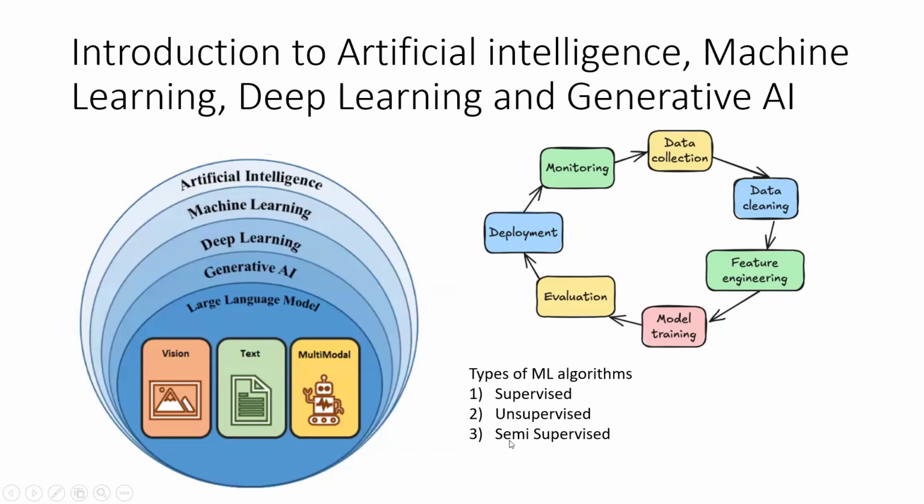All the problems that we can solve using artificial intelligence are divided into three types. These are different types of machine learning algorithms. We have supervised learning, unsupervised learning, and also semi-supervised learning. So what is supervised learning? This one uses labeled datasets where the input and the corresponding output or target are known. So we already know what is input, what is output. In case of unsupervised learning, this one uses unlabeled datasets where the input data is provided without any corresponding output or target. And the third one is semi-supervised.